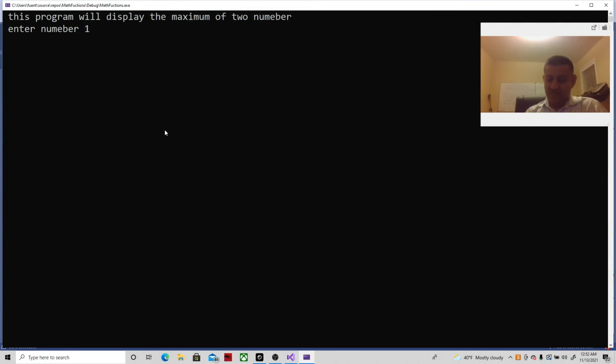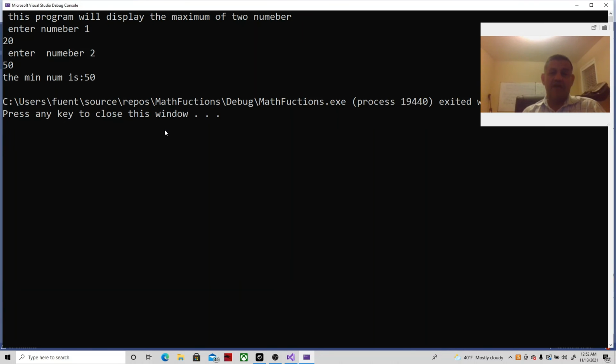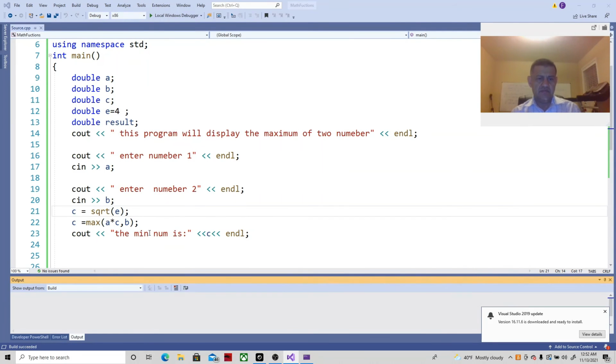Okay, so let's do it. So we do 20, right? A is 20 times 2 is going to be 40. And then times 50. Well, not 50, but 40 is less than 50. So 50 is going to be, the value of B is going to be the greater. See, the value is B. See that? So the value of, in this case, and I forgot to change this because it should say